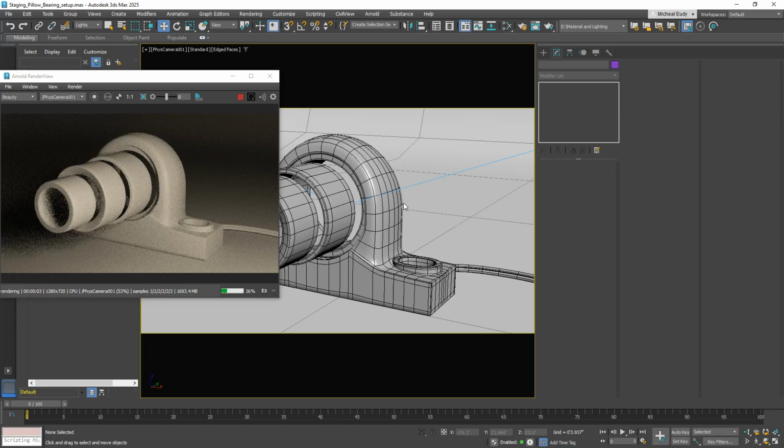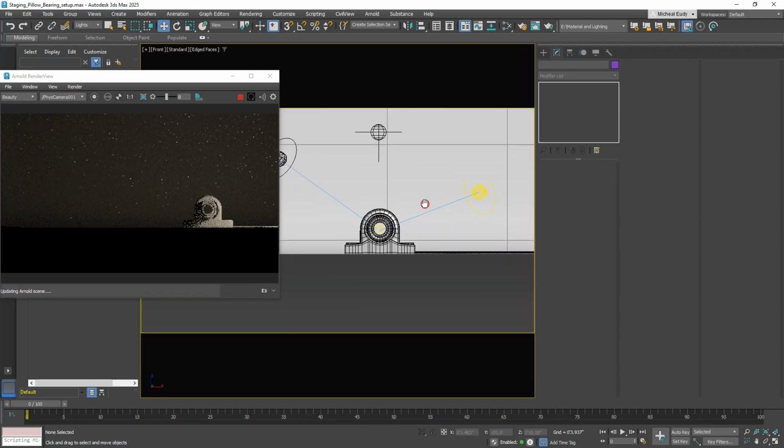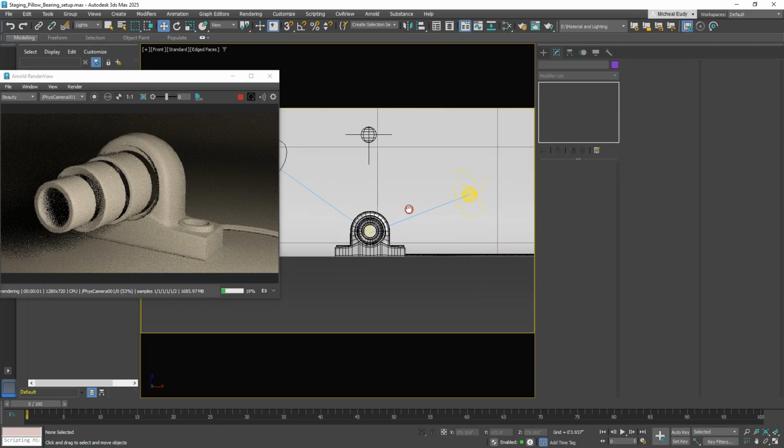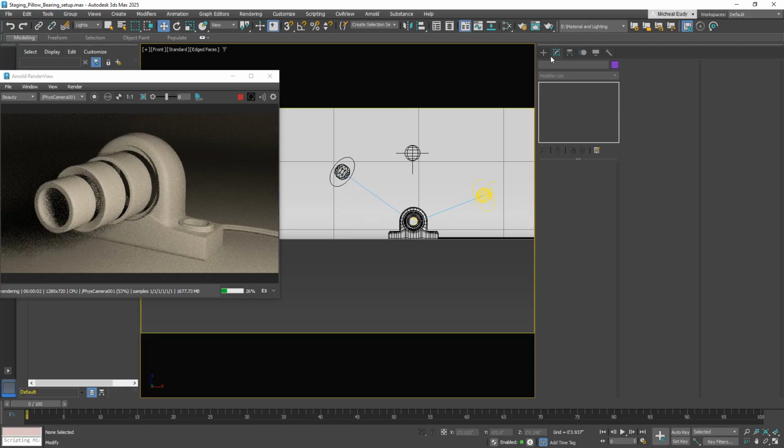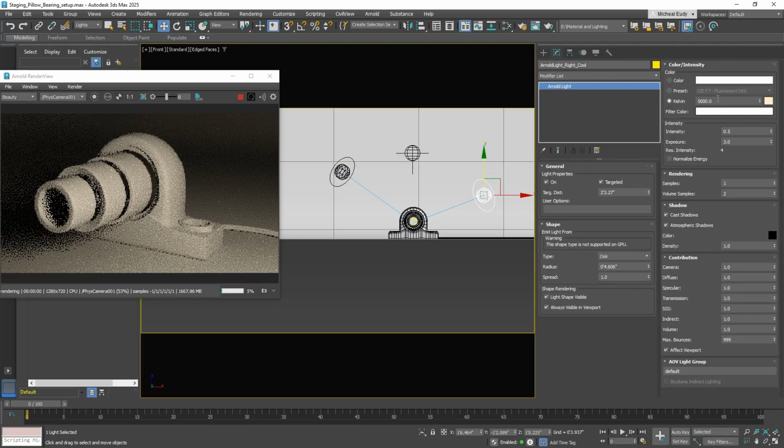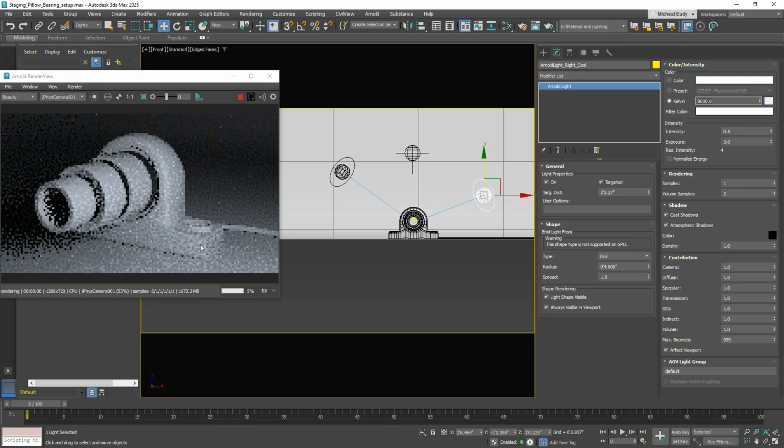So now we've got this one set. And we're going to change this one to a cool light. So here we're going to change this to 8,000. That'll be kind of a cool light. I'm going to make this less intense. Let's go down to,